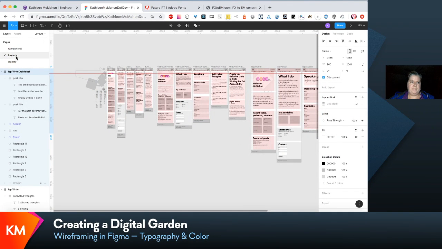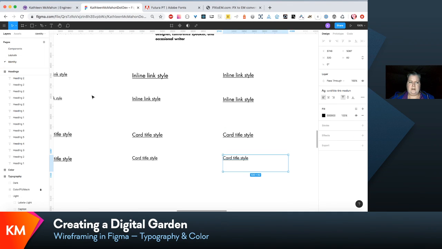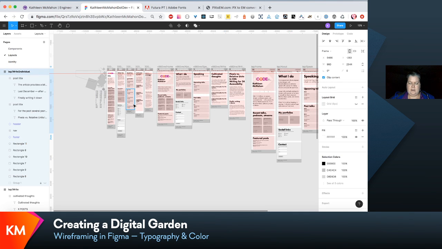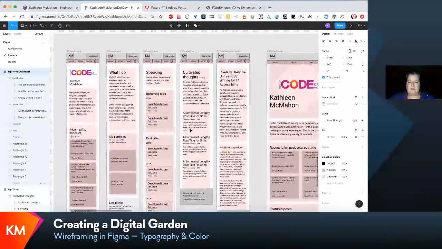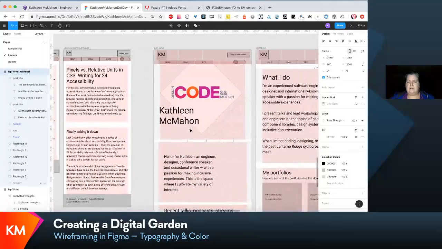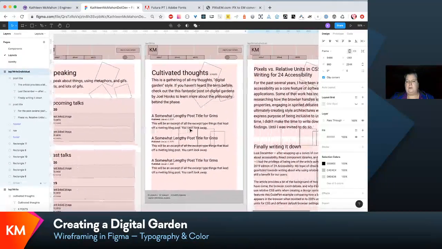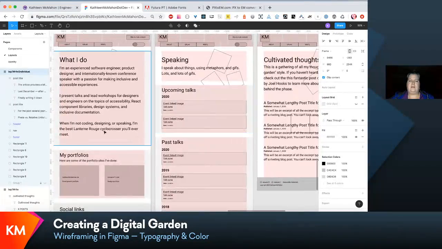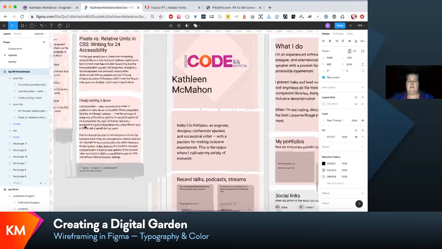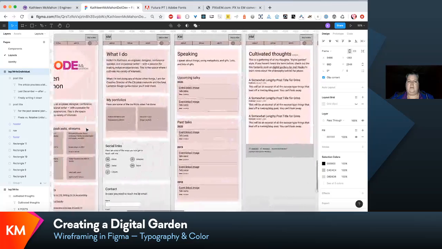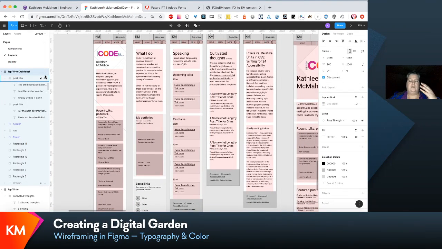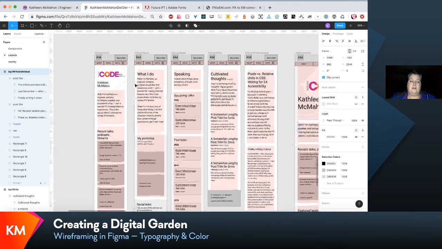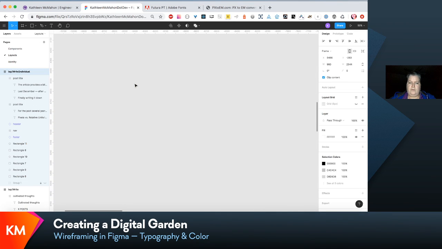So to recap, what I worked on today was I took these layouts that I had built out from last time. Wow, apologies for zooming through that so quickly. If you have any sort of vestibular disorder, yikes, my apologies. I started off with these wireframe layouts, ended up with